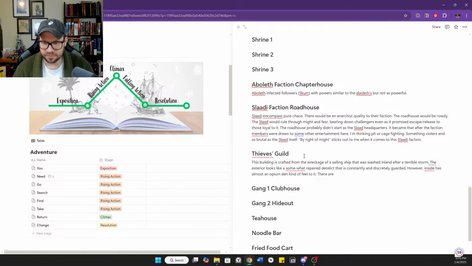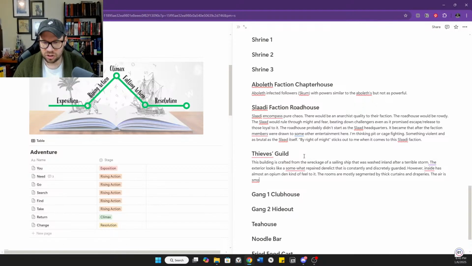Let's say the rooms are mostly segmented by thick curtains and draperies. The air is smoky and sweet. Pillows, settees, and low beds clutter each room.